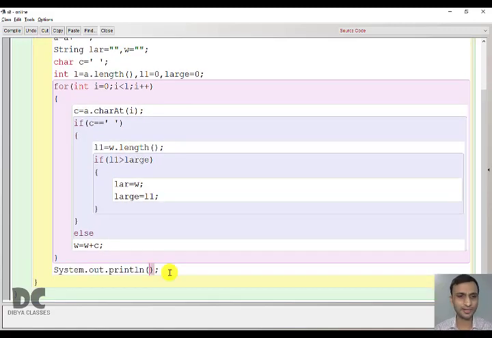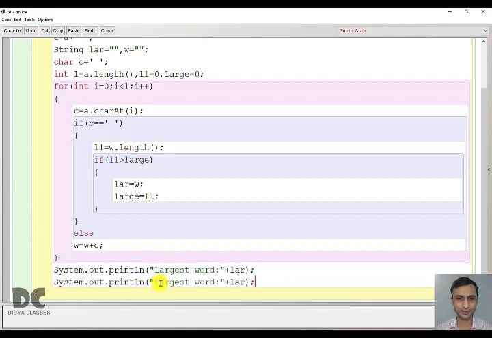And now we will print the final result, that is the largest word present in the variable lar, and also we need to print its length. Let us copy this. Its length is present in the variable large. Now let us run this program and check if our program is correct.